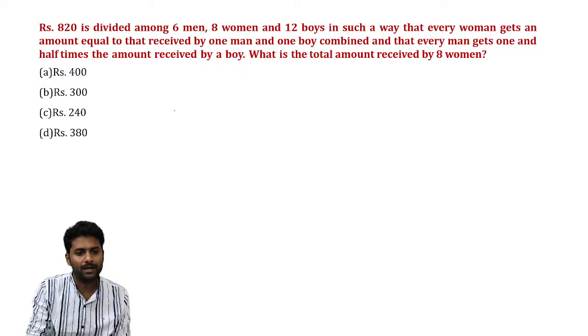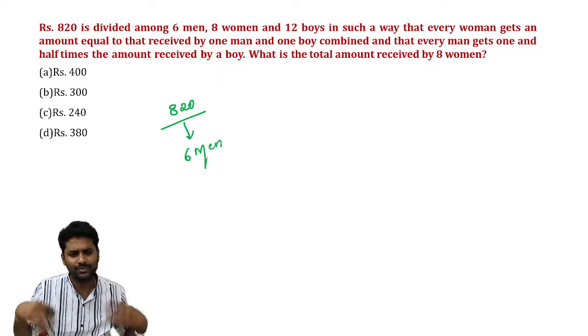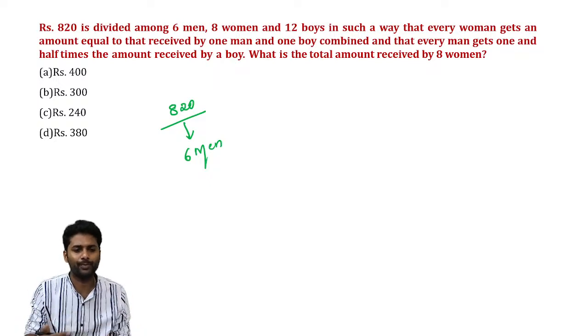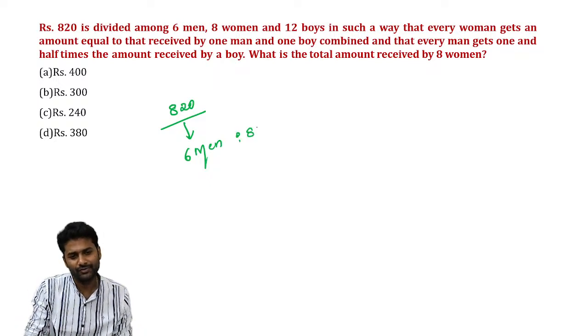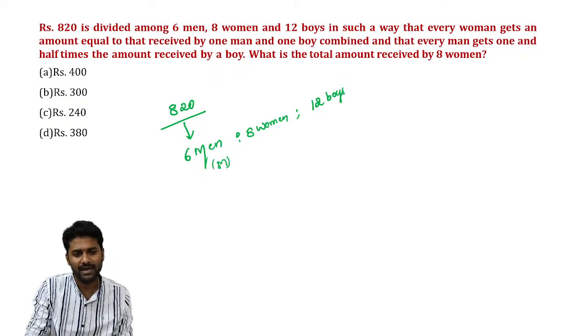Now see, we have to divide 820 rupees among 6 men, 8 women, and 12 boys. Let us assume that a man gets M rupees, a woman gets W rupees, and a boy gets B rupees, in such a way that